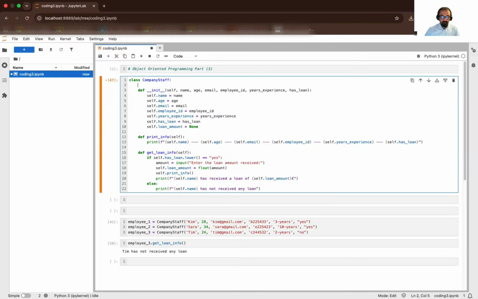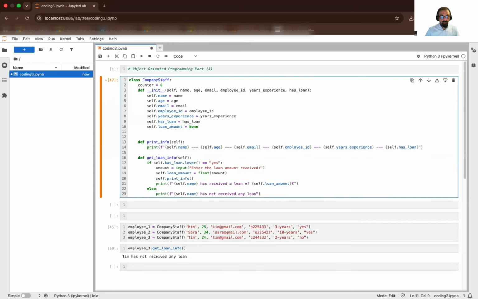We can add counter equal to 0 here. Put these parameters here, and we do not need to add self. This counter will be accessible through whole body of the program. And here we can define, because it is class attribute dot counter